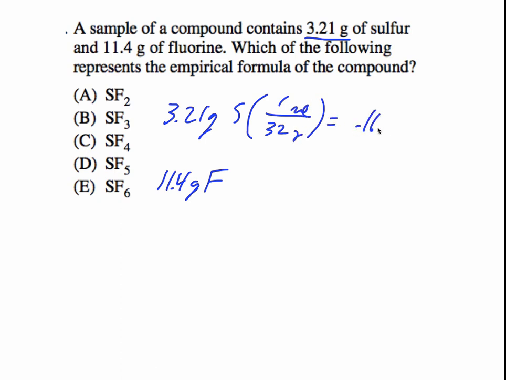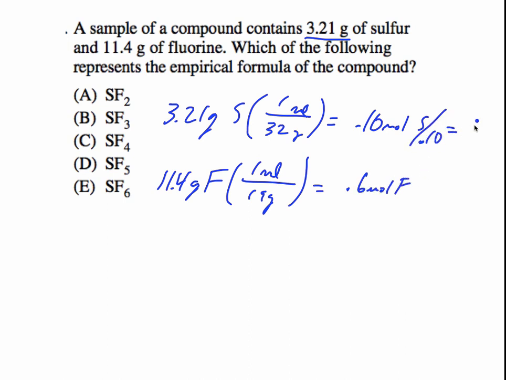This is going to be 0.10 moles of S, and 1 mole, there's 19 grams here. So that is going to be 0.6 moles F. Divided by small, 0.1, that's 1, 0.10, that's 6, S1, F6, and I could do the Lewis